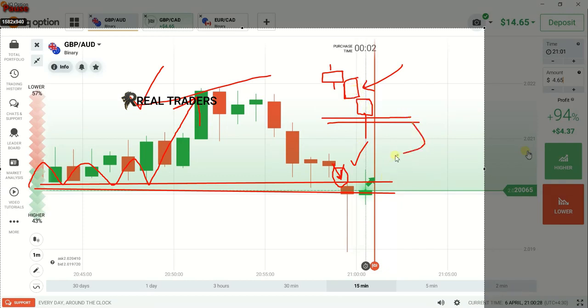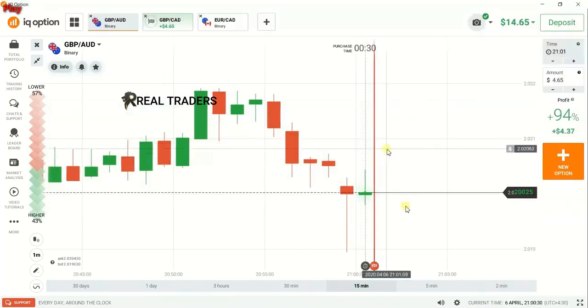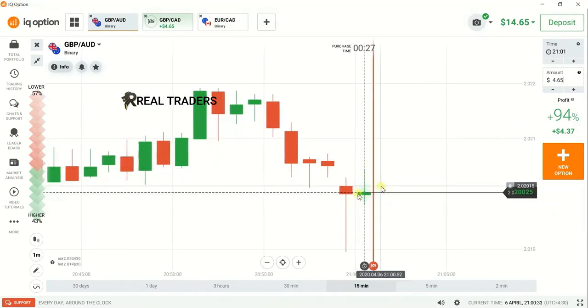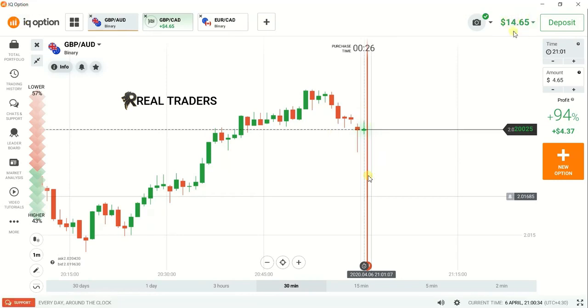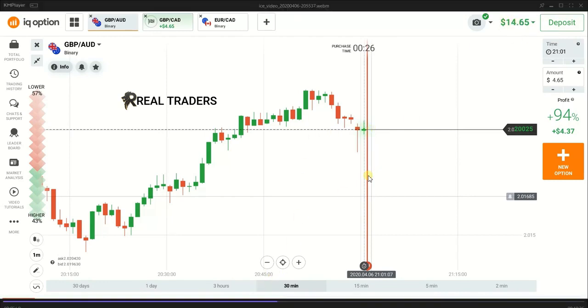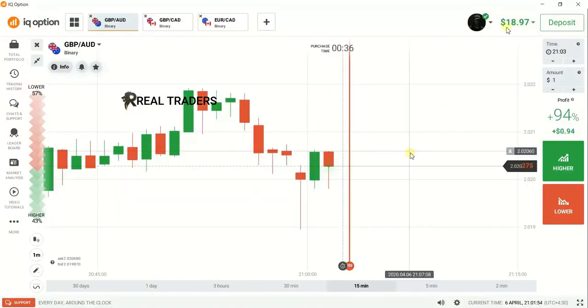Now you can see this condition here. Here we have a gap and we are at a strong support level. So I placed a higher option here, but because of my internet it didn't show me. I don't know what happened, but if you check my account balance, the trade was placed. Let me show you. You can see I reopened and it placed here, and it is a bullish candle. So I win this trade because this whole area,